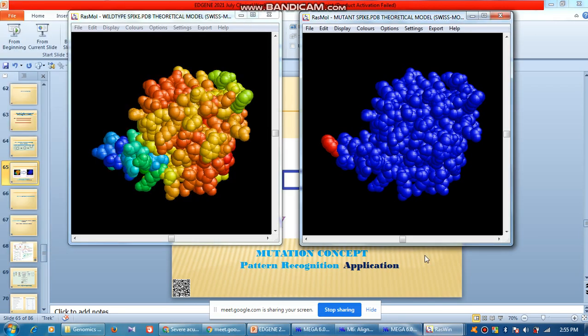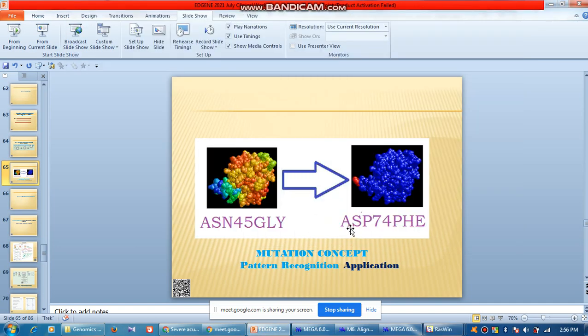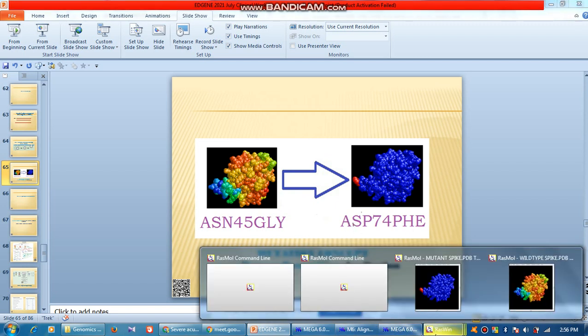which is nothing but the quantity of how stable the protein sequence is, and so many other things. So what happens is, we just mutated a single amino acid residue, and this was the mutation. Here you see, we changed the 74th position aspartic acid into phenylalanine. Okay, and this is the result.